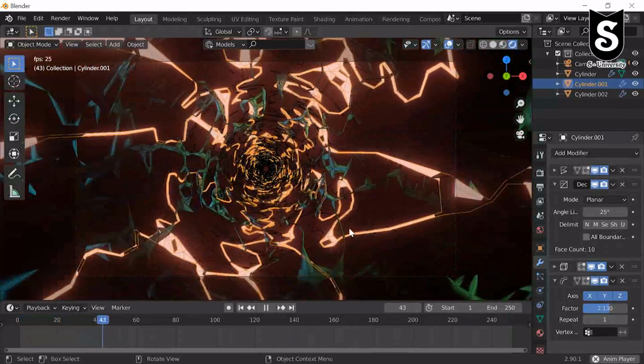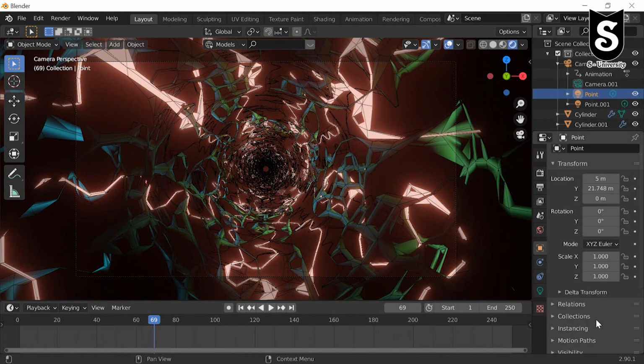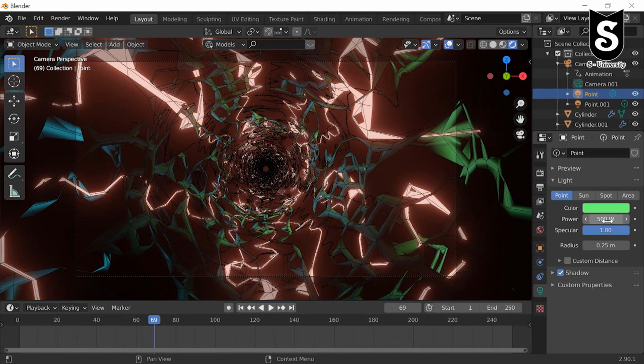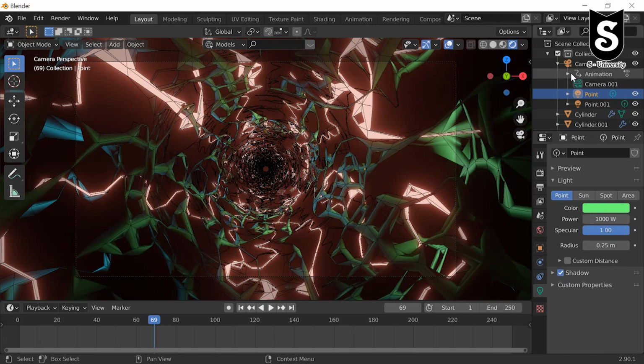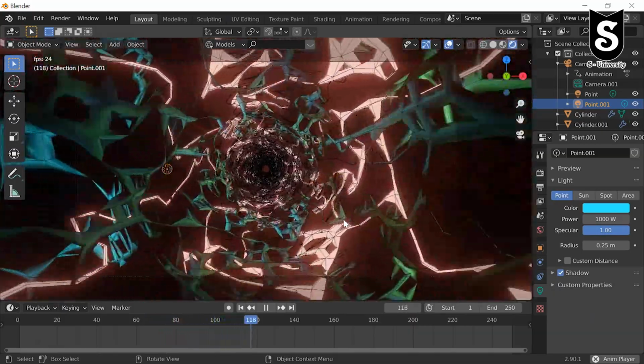Now increase the strength of the lamp. For the point lamp, make it 1000. Now it looks pretty good.